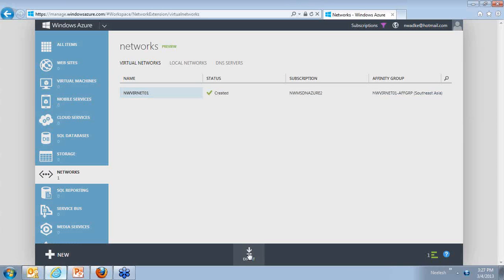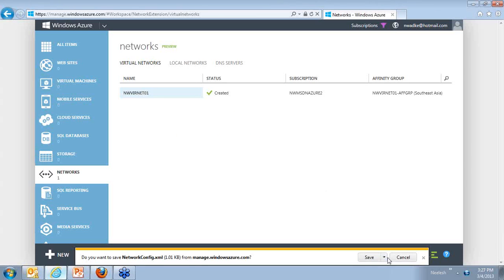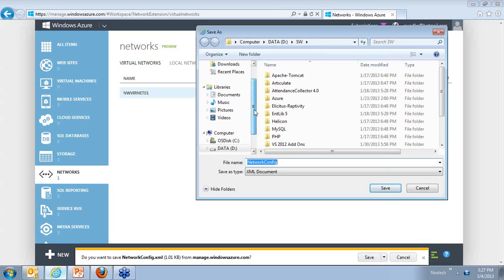So I can export this. I can export the network configuration to a local machine. And let me open this network configuration.xml file. I'll save it on my desktop, and then I'll